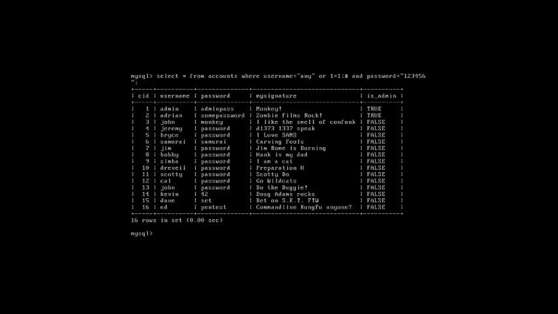Now we can also limit our result by using limit. Select star from accounts where username equals to any or 1 equals to 1 limit 1.